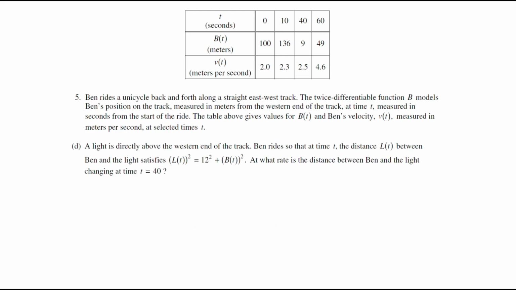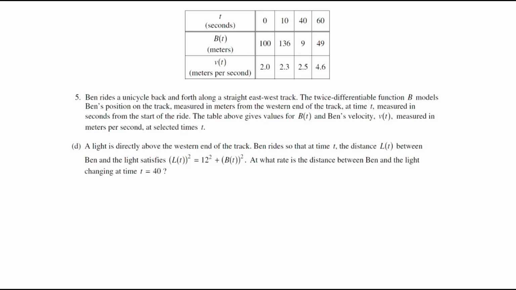And in part D here, we've got a light that is directly above the western end of the track, which is where Ben started. And he rides so that the distance between him and the light satisfies this equation, L of t squared equals 12 squared plus B of t squared. And we want to know at what rate is the distance between Ben and the light changing at t equals 40. Well, this is just a related rates question here. And so we'll just take the derivative of this, right? We're going to get, and it's all in terms of t. So when we take the derivative with respect to t,